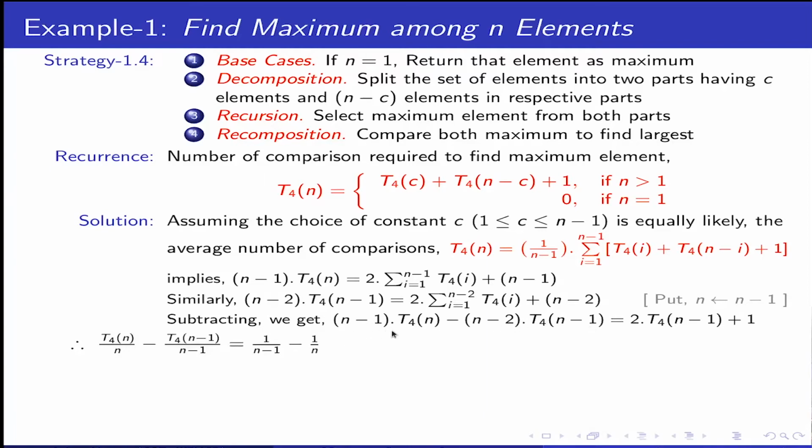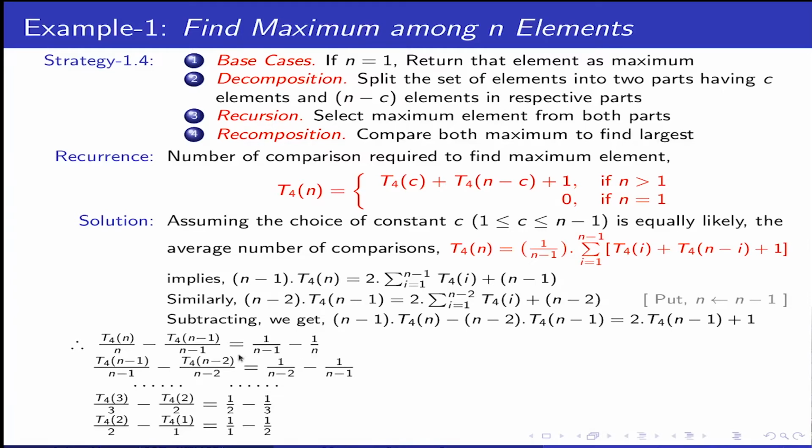So what I did here is that I divide everything by n. So if you put this term here, you will get n into T(n minus 1). So you divide by n into n minus 1, you will get this, which looks better because now I could proceed by putting n equal to n minus 1, equal to n minus 2 and so on till here. How does it help? Because now if I add all of them, these two terms cancel. Similarly, this term with the lower left will cancel. This term and this term cancel, minus plus.